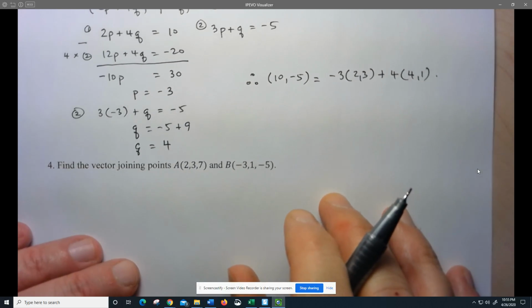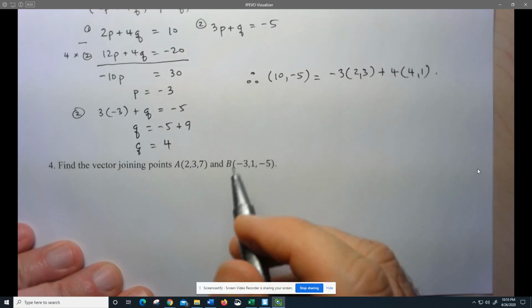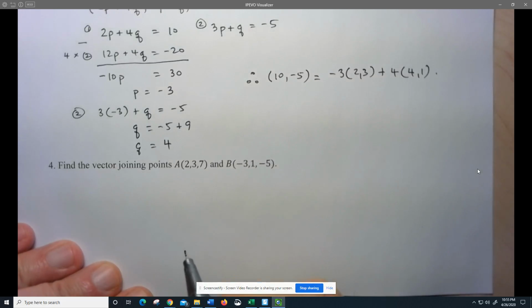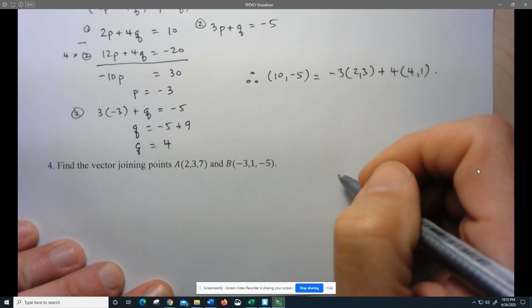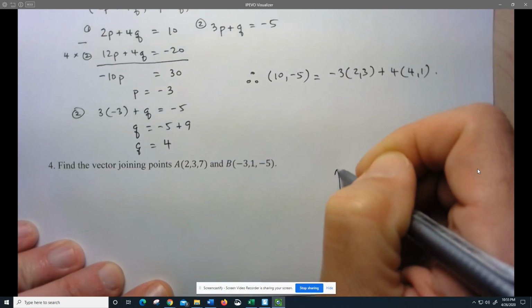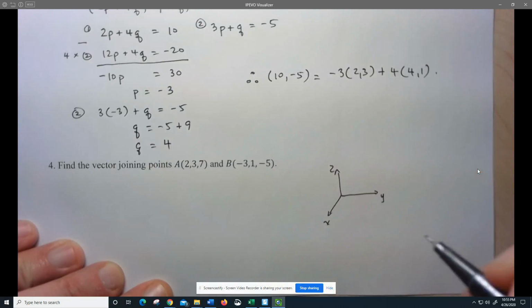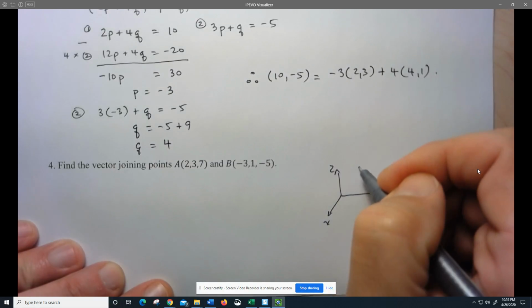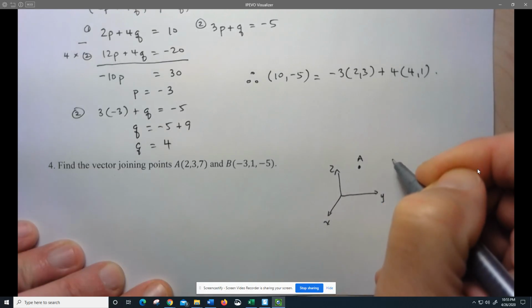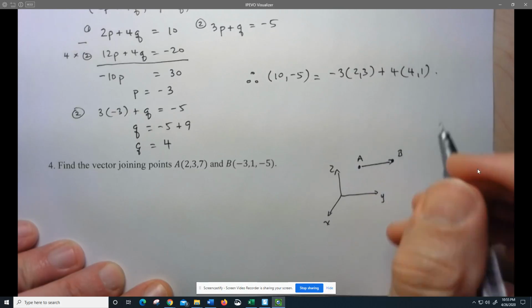So here they're not asking us for much, they're just asking us for the vector that joins point A to point B. All right, so just as a reminder how we do that, here we're in 3D. Now I'm not going to make an effort to draw this exactly, it's just to indicate how I solve this. If I have point A and point B here, and I want to find the vector that joins them, I think of it